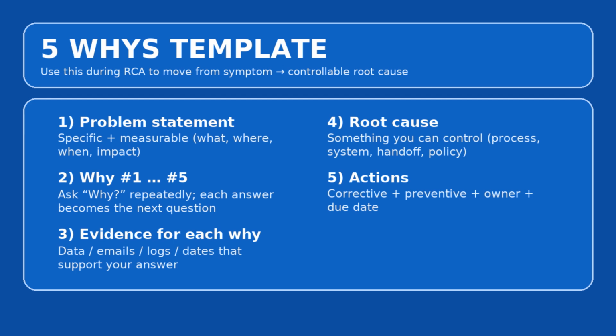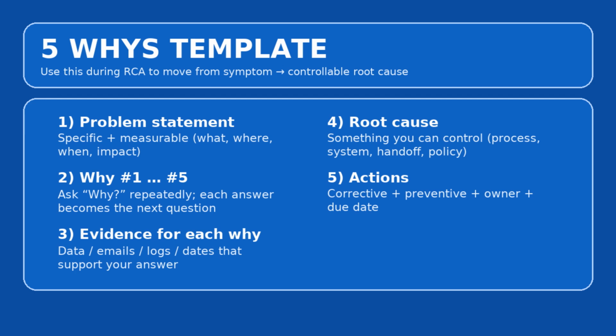Actions refer to corrective, preventive, plus ownership plus due date. Convert the root cause into execution. PMO loves this because it's accountability and control. Take corrective actions, which means you have to fix it now. Immediate steps to recover the current schedule. Run an approval workshop with named approvers. Freeze scope for sprint X unless there is a CR with impact analysis. Add an interim integration checkpoint this week.